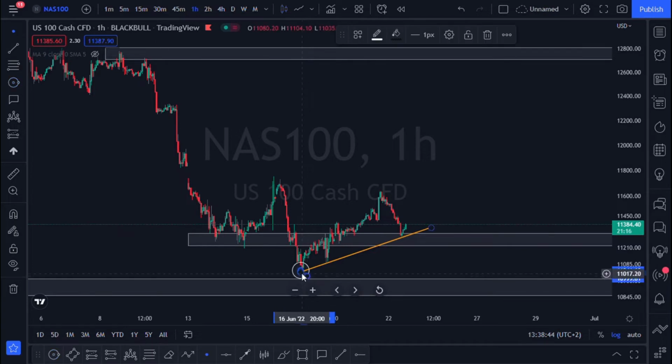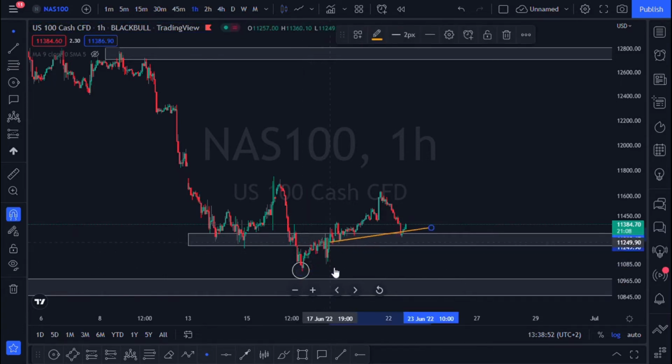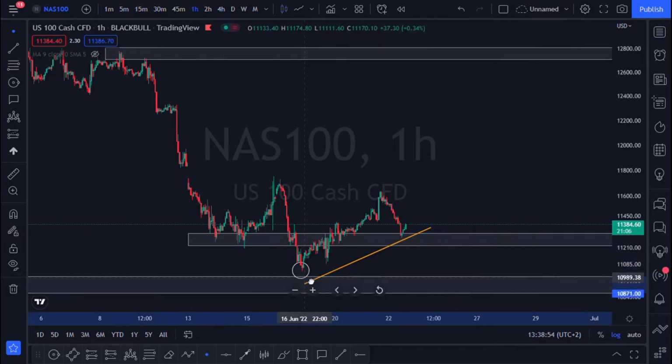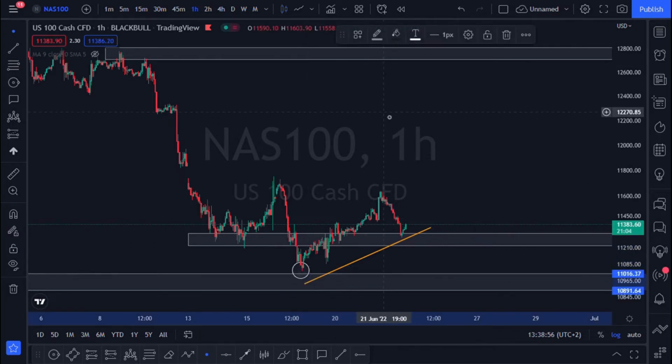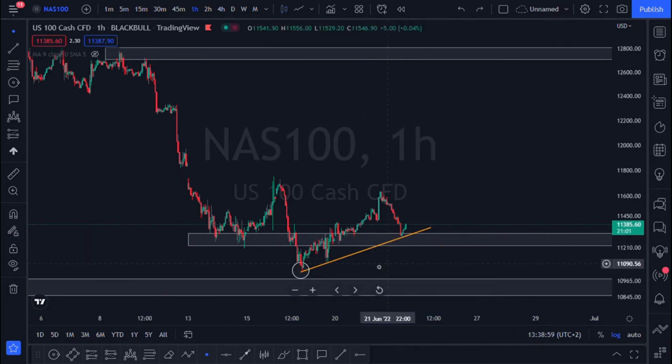We have our first touch here. What is this thing doing now? Right, we have our first touch here. We have our second touch here. And then we are currently at our third touch right over here, and third touch has already been giving us